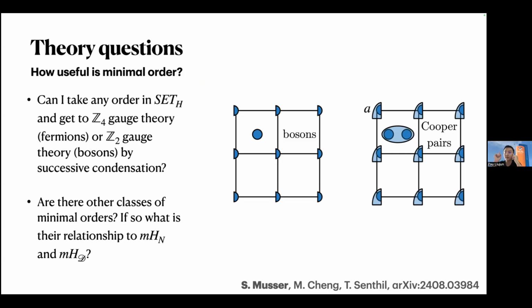I have a question, Seth. I guess one way to construct the topological orders here is always to first make a superconductor and then do some kind of vortex condensation. I think a large class of topological orders can be constructed in this way. Then it seems the presence of a minimal topological order suggests some possible notion of a minimal superconductor.